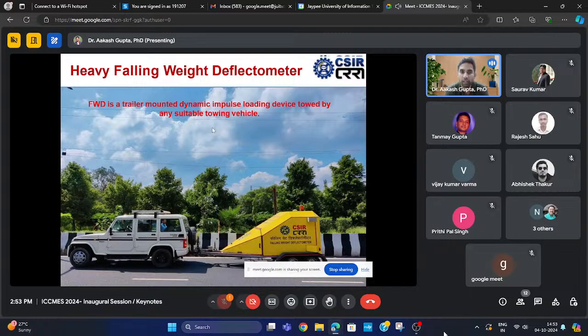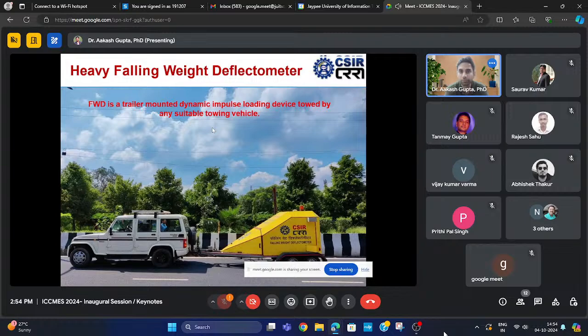Based on the data we have collected, like distress data and roughness, these are the two important data parameters we collect from NSV. Distress data means the percentage of cracking, the percentage of patching, the number of potholes, and the rutting present. All these distress data and the roughness data we have collected. Based on the code given as IRC 82, equations are given, and we input that data in those equations